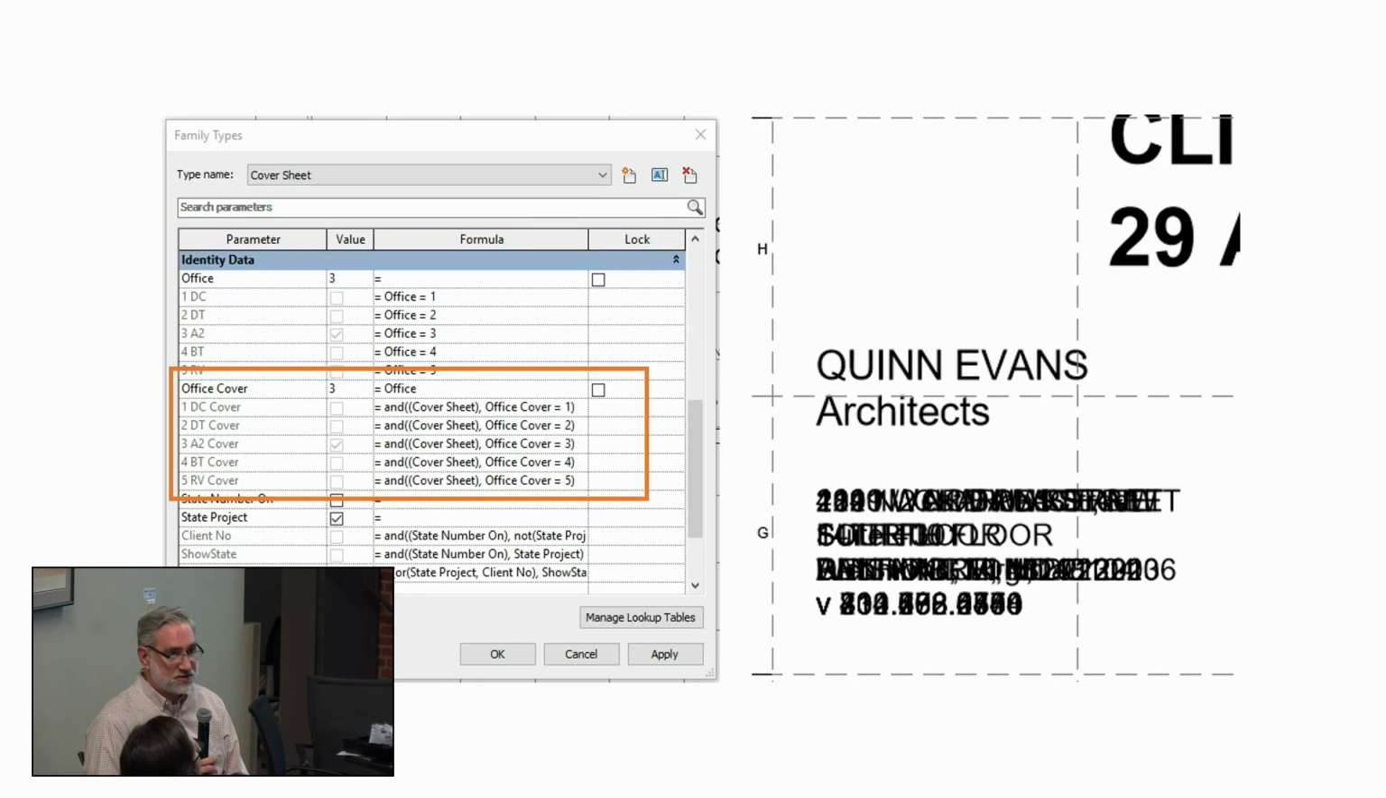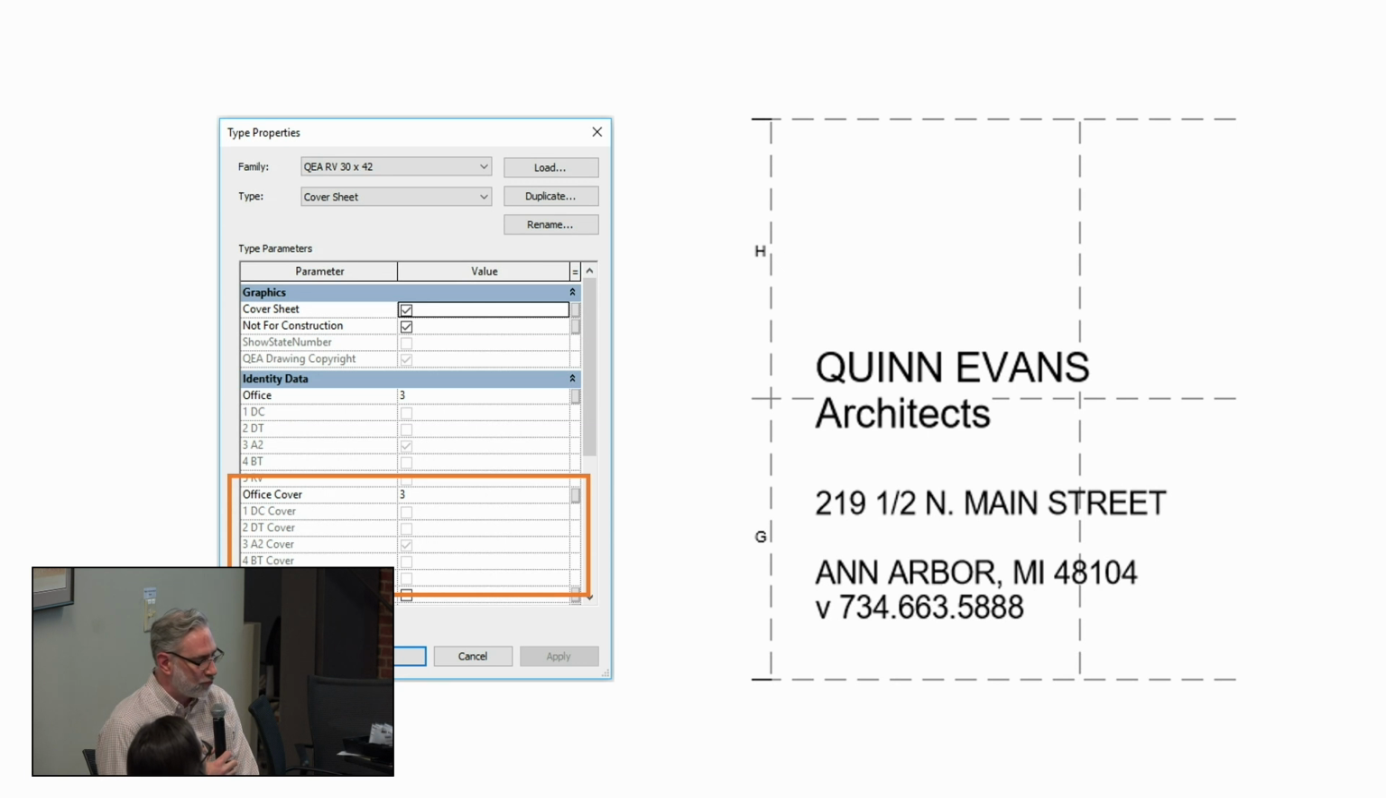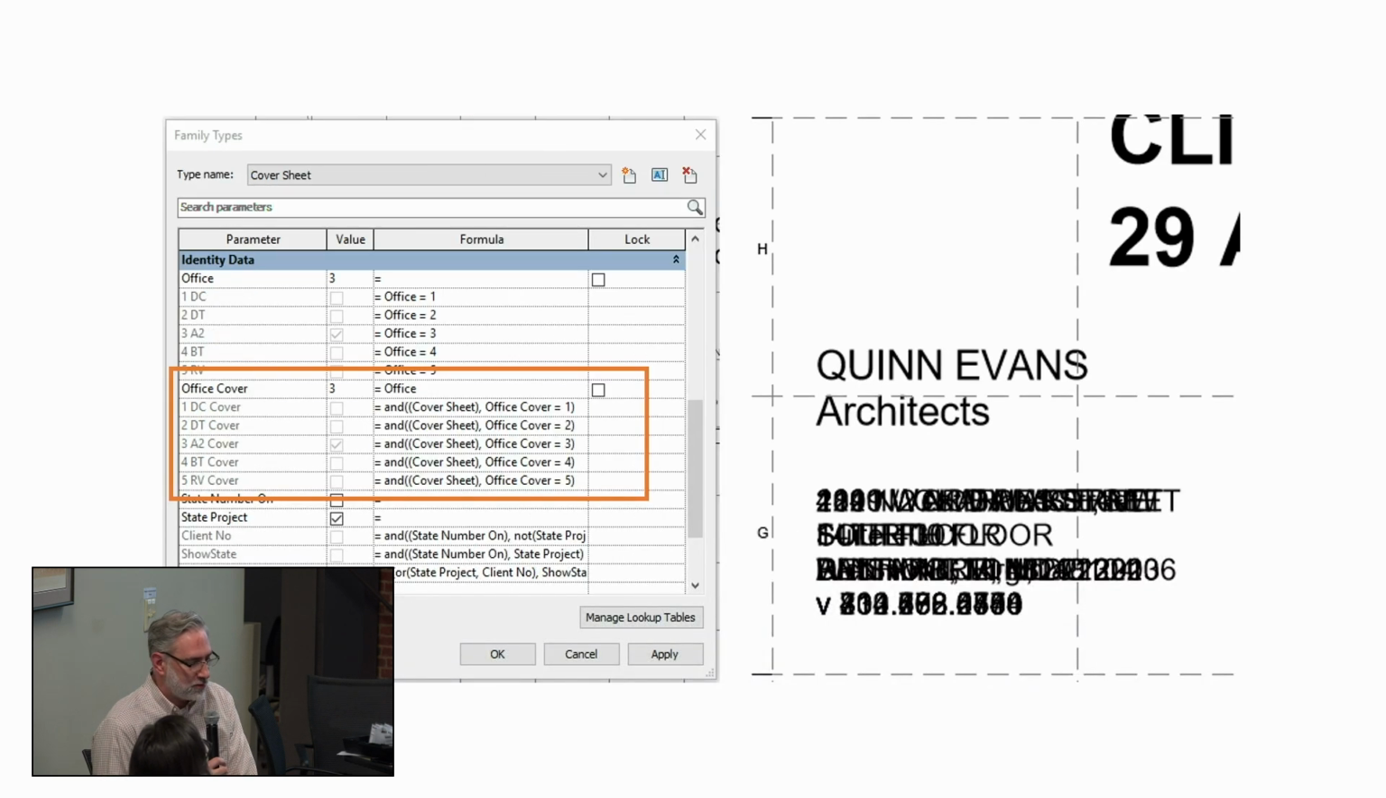Within the family, this is the way it looks. Again, not that much different except for the formula portion of it. And in this case, I need to tell it, let me back up a slide. You'll see within the project, up at the very top, it says cover sheet, which is checked. So within the family, the formula now says cover sheet, well, it doesn't say if, it says and cover sheet, and then office cover equals